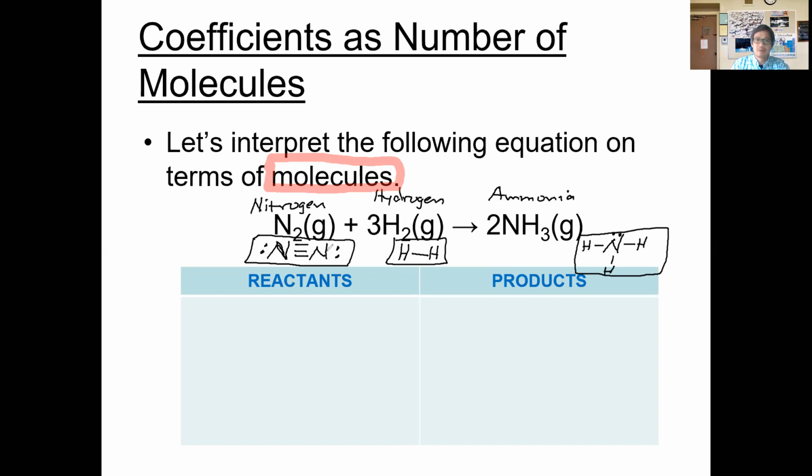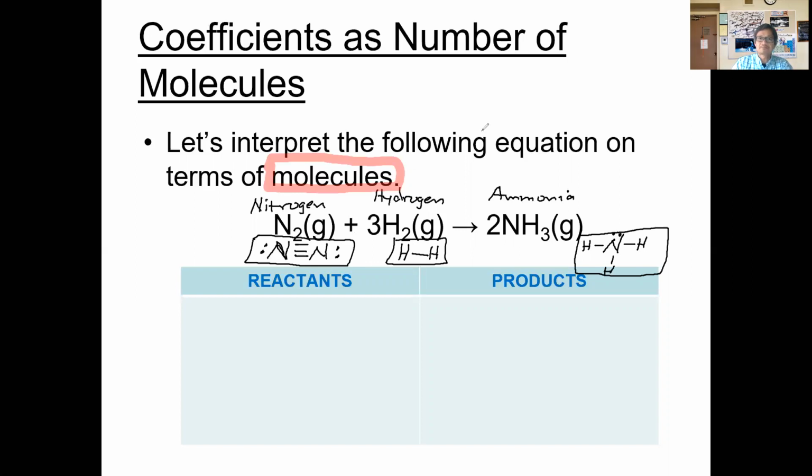So we have two compounds to start out with, and we form this new compound in the end. If you notice, the nitrogens break this bond, the hydrogens break this bond, and they recombine to form this. Again, Dalton's atomic theory: during the course of a chemical reaction, compounds break their interactions, bonds get broken, and then new bonds form. And so the question then is, if you take a look at how the equation is balanced,